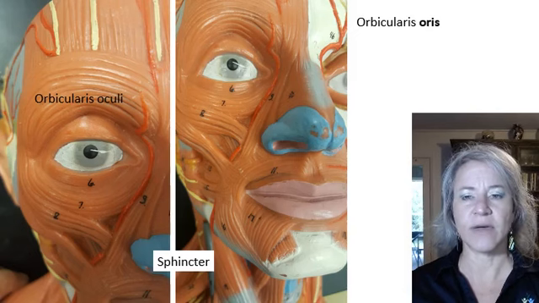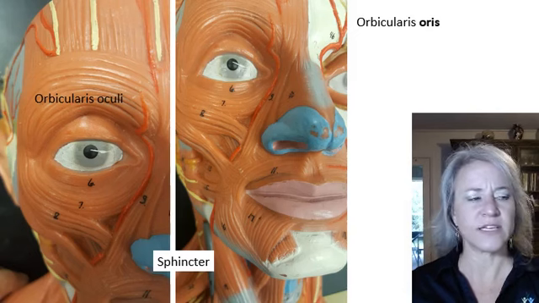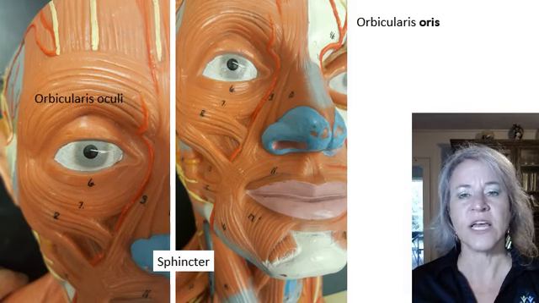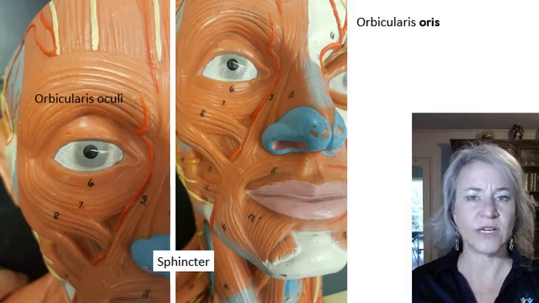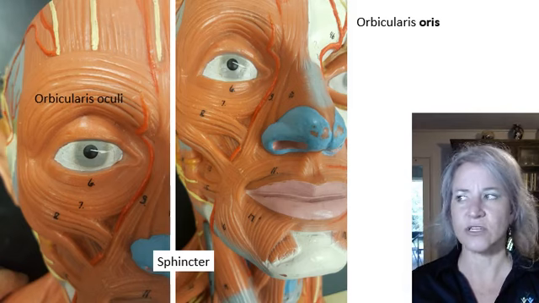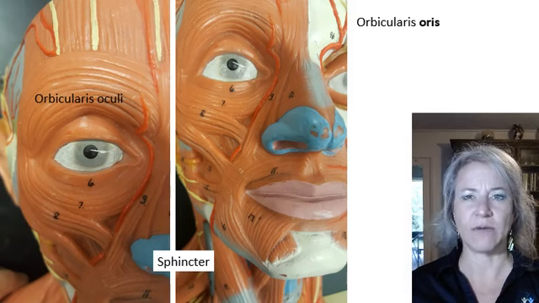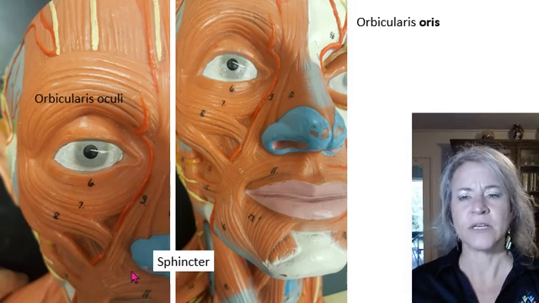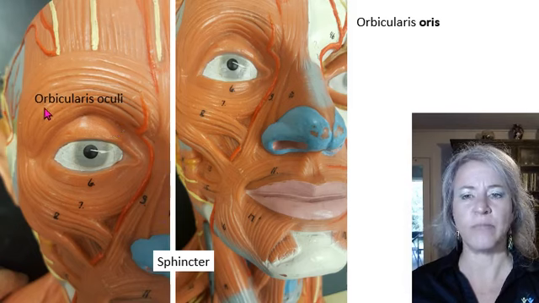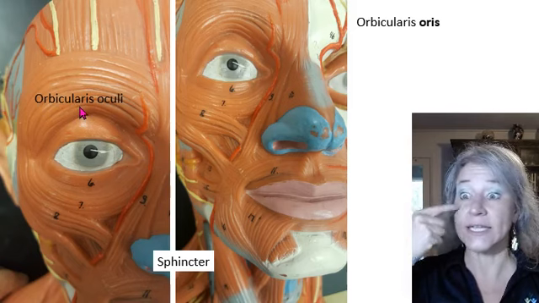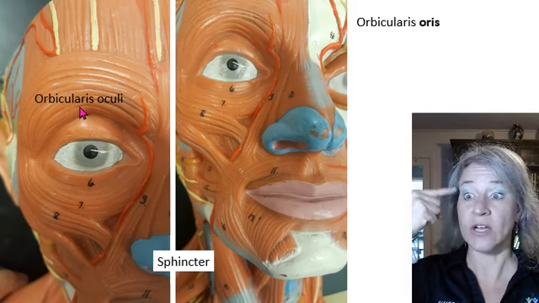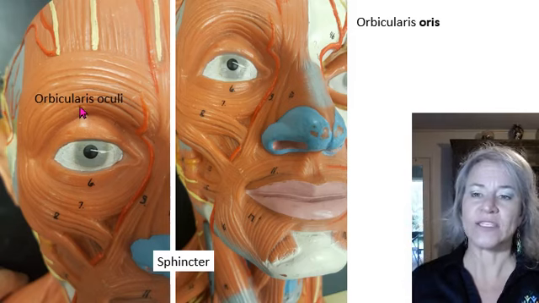Now let's talk about the muscles. I think it's 18 muscles that I want you to know. When we cover the muscular system later in the semester, you're going to learn like 83 muscles. But for the first test, we're just going to need to know the name of like 18 muscles. So this muscle around the eye is called the Orbicularis Oculi. It's like an orbit. Orbicularis Oculi. And there is another